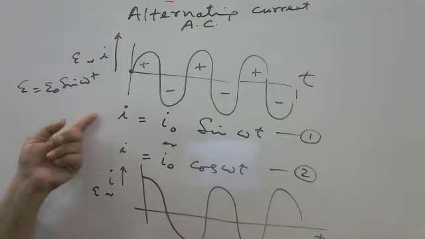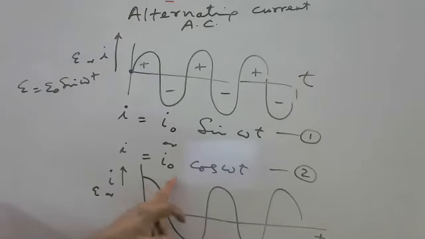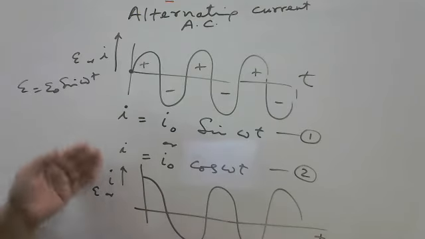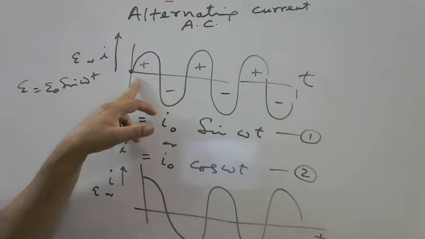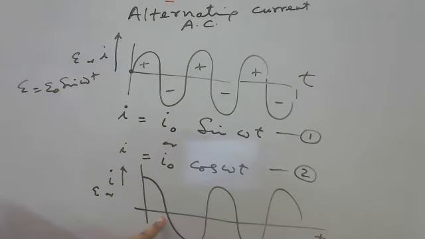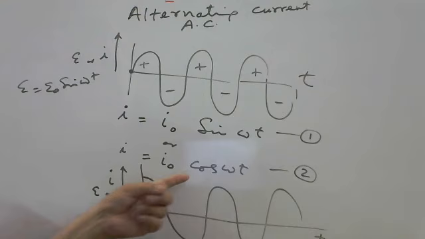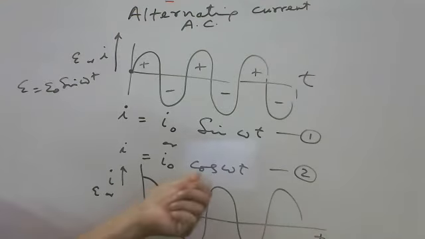Either you write I is equal to I naught sin omega t or I is equal to I naught cos omega t. The phase difference between sine function and cos function is how much? Sine is 0 at 0 degree and comes to maximum after 90 degree, while cos is maximum at 0 degree. So the phase difference between the sine function and the cos function is 90 degree. We can write this function as I naught sin omega t plus pi by 2, or 90, or if it is lagging, minus 90.